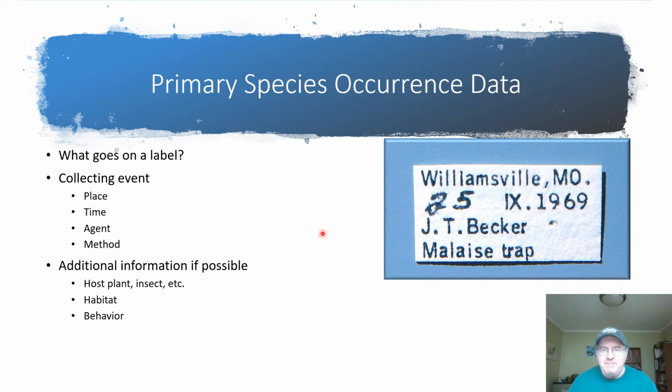Method can be important. I'll tell you how something was collected. Was it collected in a malaise trap? Was it collected in a pan trap, a flight intercept trap? Was it collected in a baited pitfall trap, or any of those kinds of things? Can provide information. I should add that the name of the collector can also be important if it ever arises